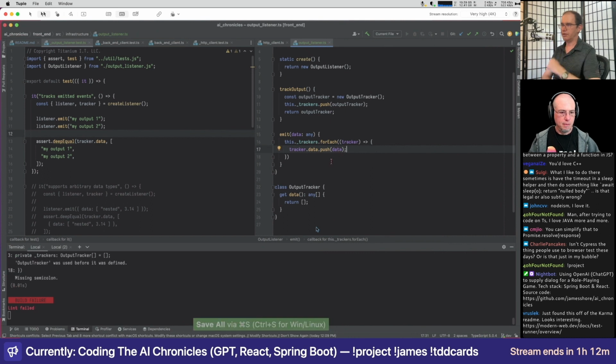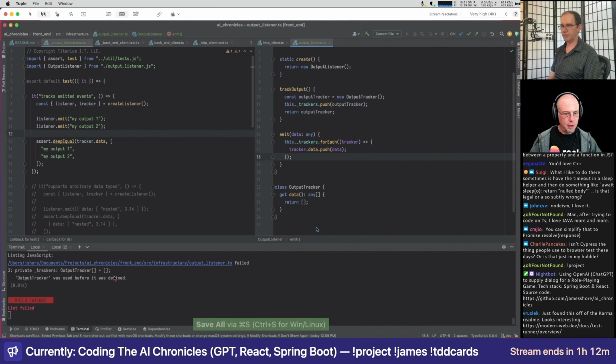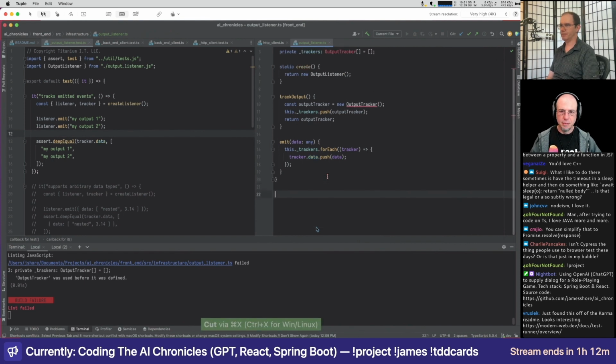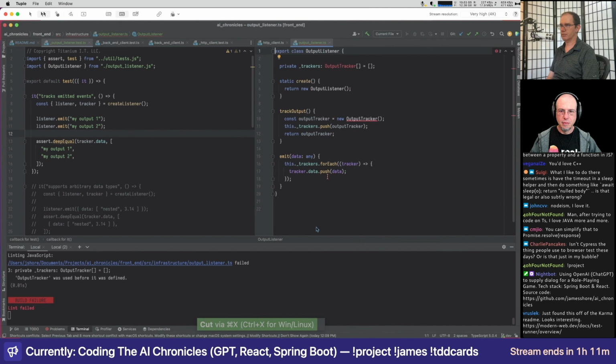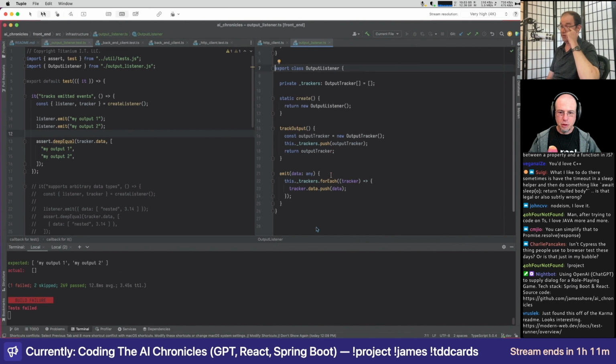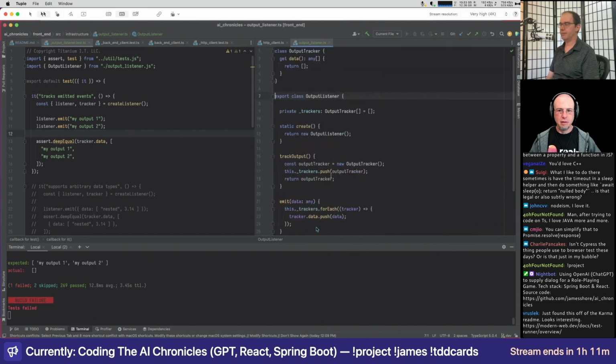So that'll still fail. You're missing a semicolon on line 18. Oh. Output tracker was used before it was defined. I did not think that mattered, but go ahead and move it above the output listener. Which will still fail, right, because we're not actually returning what was pushed. Right. So let's go ahead and